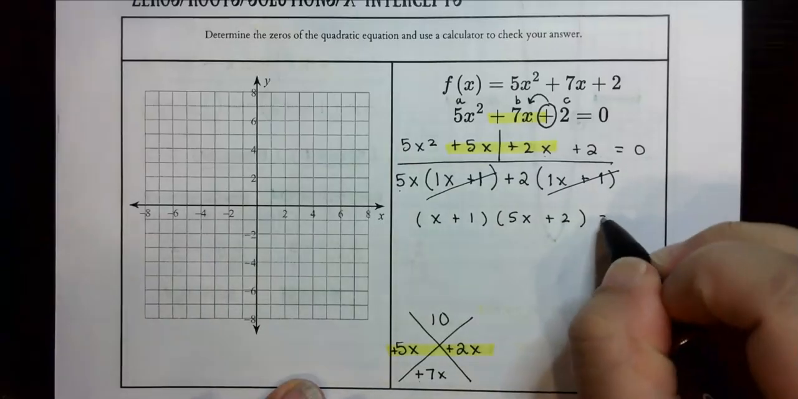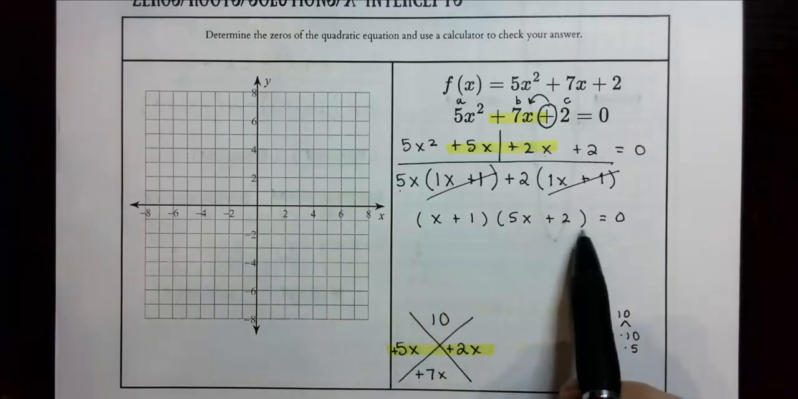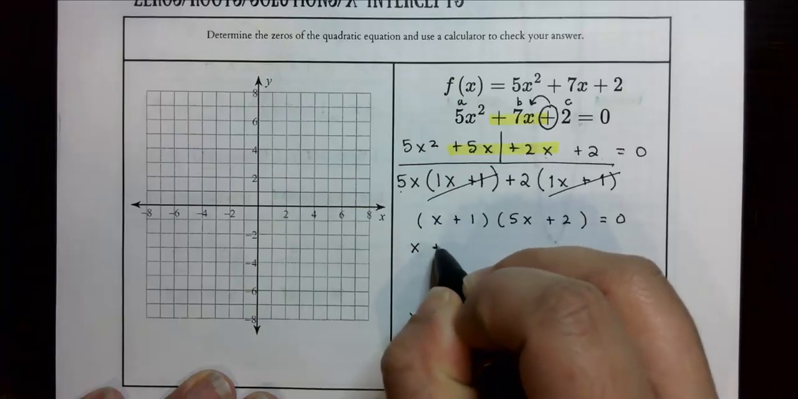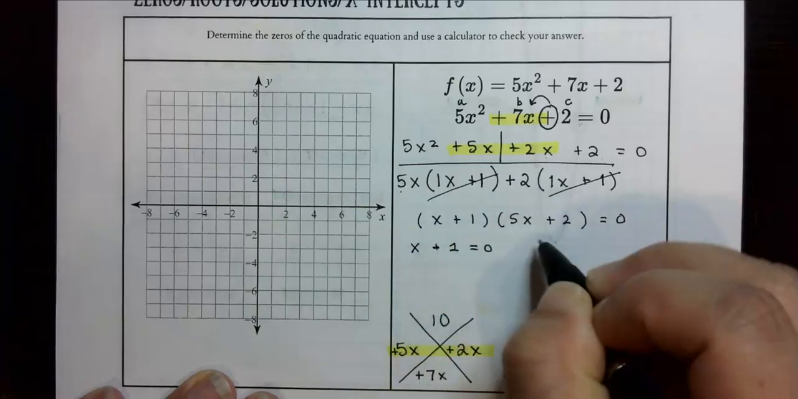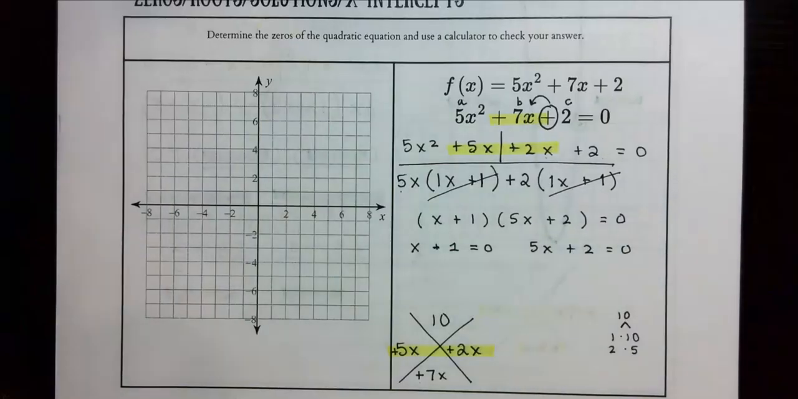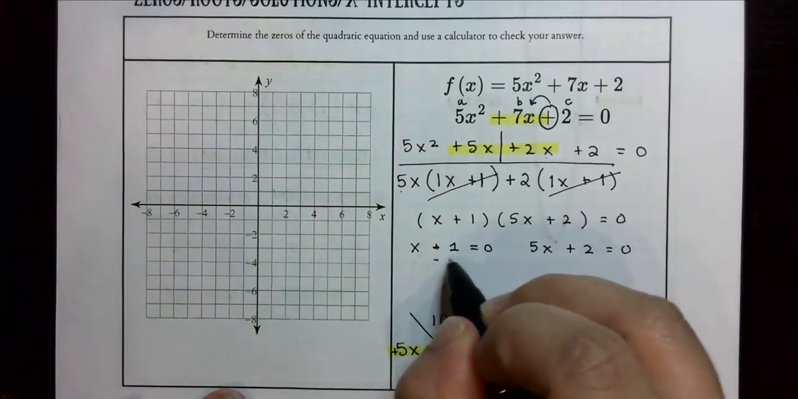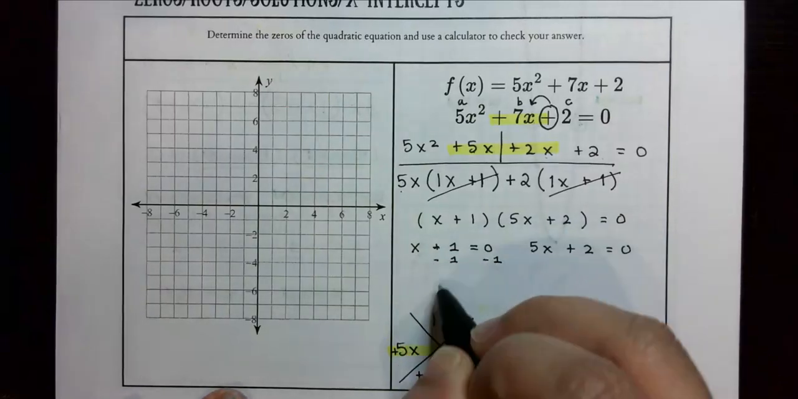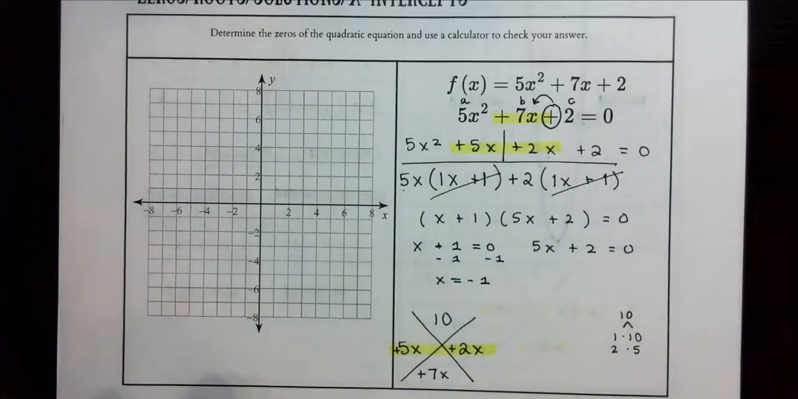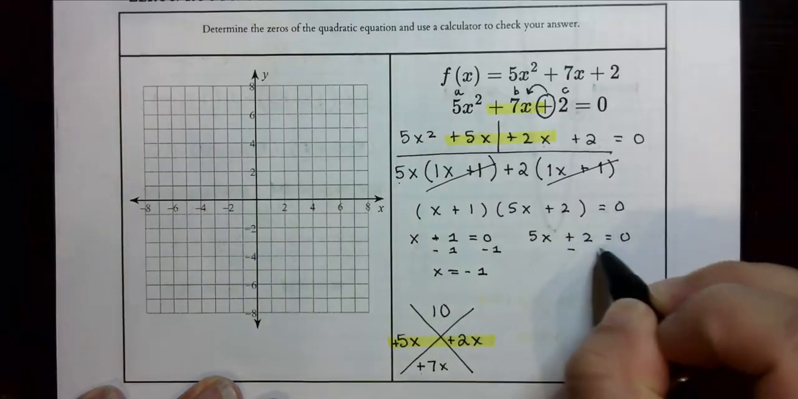All right, don't forget that we're setting both of these equal to 0. So we have to take both of our factors and set them equal to 0. So we say x plus 1 equals 0. 5x plus 2 equals 0. And if we're trying to solve for x, let's subtract 1 from both sides. It doesn't matter that there's a 0 there, because 0 is just like any other number, and we're still solving. All right? Let's subtract 2 from both sides,